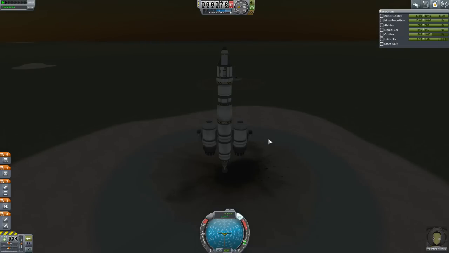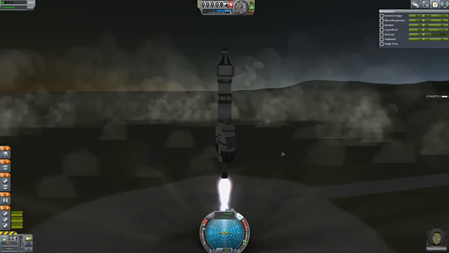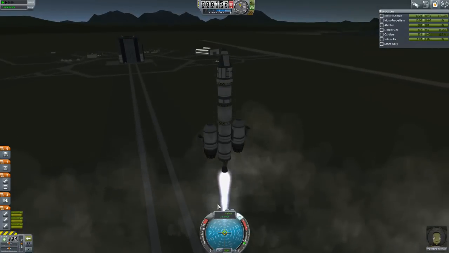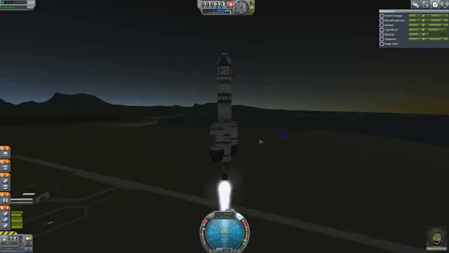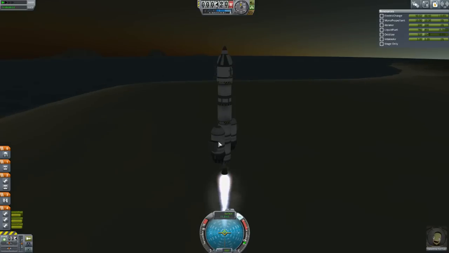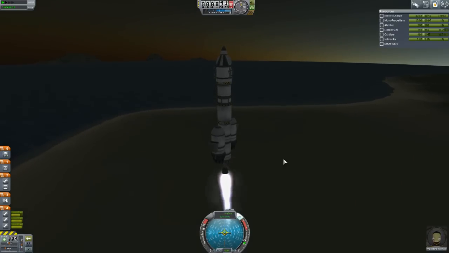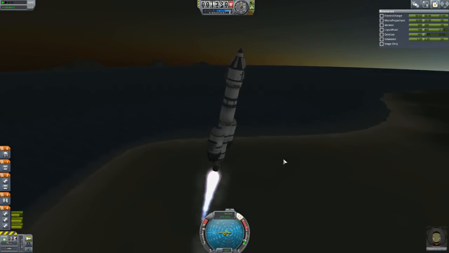We're going to throttle up to about 2/3, and they take a little while to spool up. Unfortunately, of course, the throttle control for both is the same, so I can't have those at max throttle and the other engine not be at max throttle. But anyway, let's start dipping over a bit,